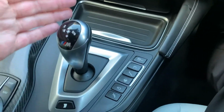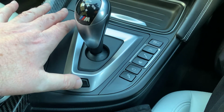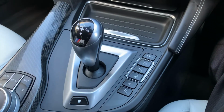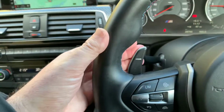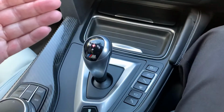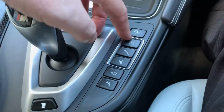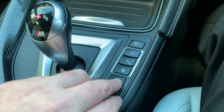7-speed dual clutch transmission we talked about, so again you can change the ferocity of the gear change. Dual clutch, so you've got 2 clutches and the second one is engaged on the next gear. So as soon as you pull on the paddle, it's almost like an instant change into the next gear, so really quick changes. These are your buttons for your throttle response, chassis and stuff,